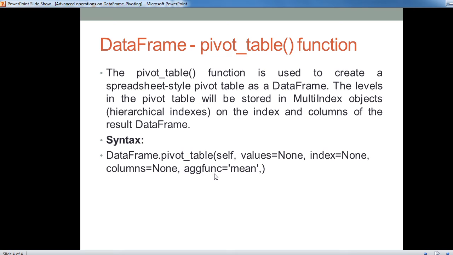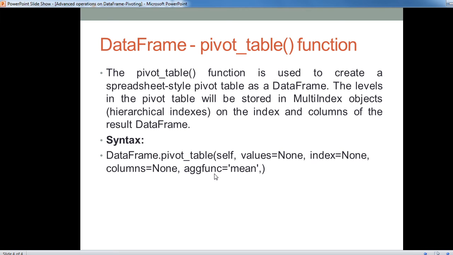So the syntax of the pivot table function is data frame dot pivot table, values equal to the name of a column, index equal to the name of a column.